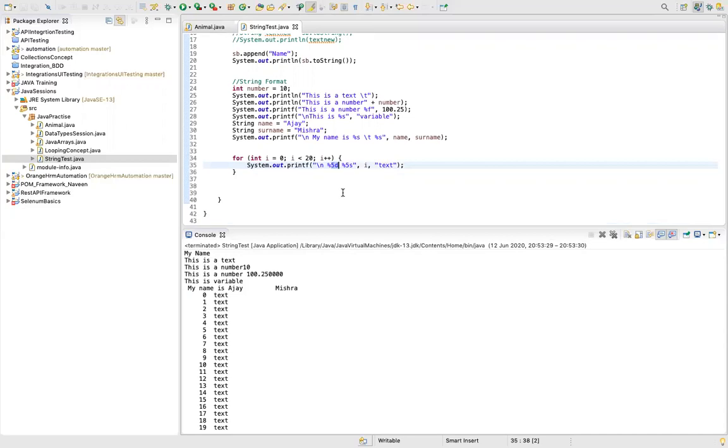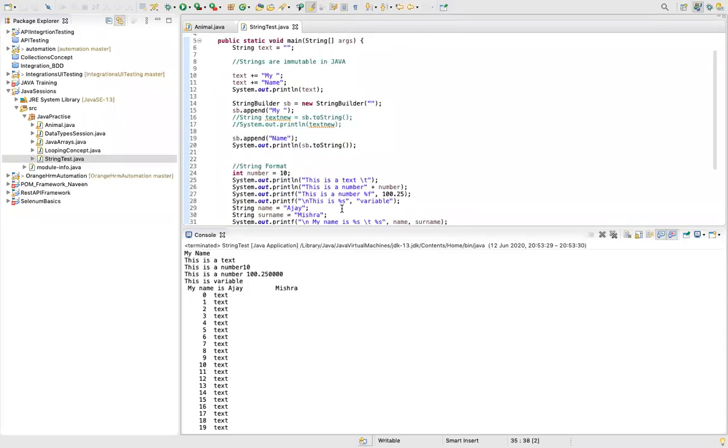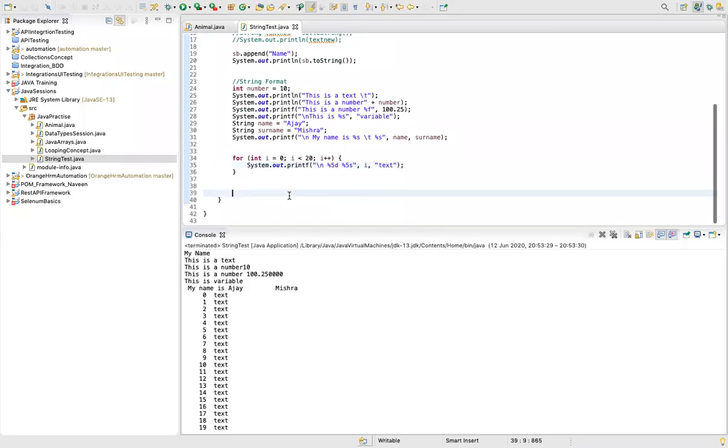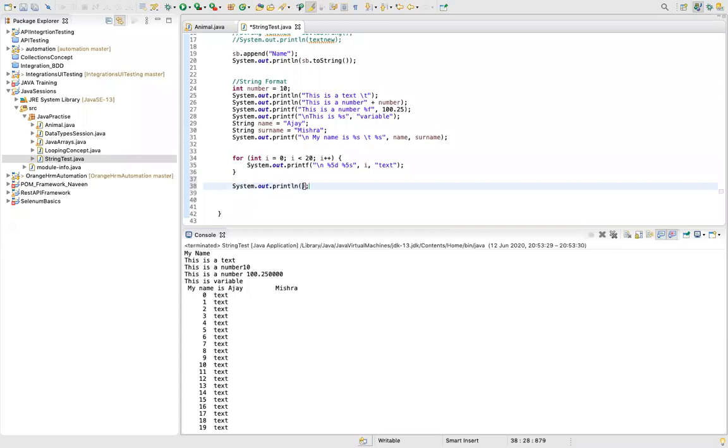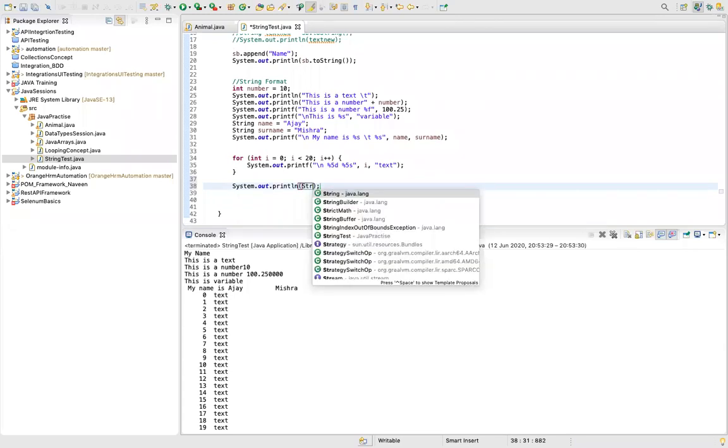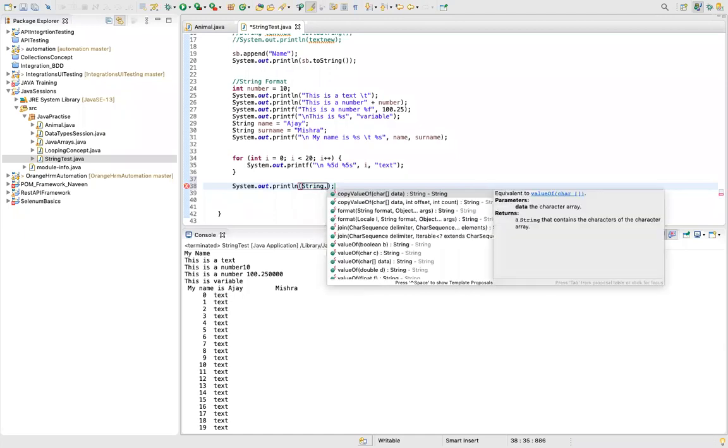Okay, I guess we are good with string builder and string formatting. I think we should move ahead with our next topic. So we saw string builder and string format. There was one more thing, guys, just a small concept in string format. Let me cover this also. You can use our normal println statement. Now, if I want to print name, there are a couple of ways of playing around with strings. It's not like something is right or something is wrong. Some methods are more efficient in terms of memory and performance than others, but there are a couple of methods which we can learn.